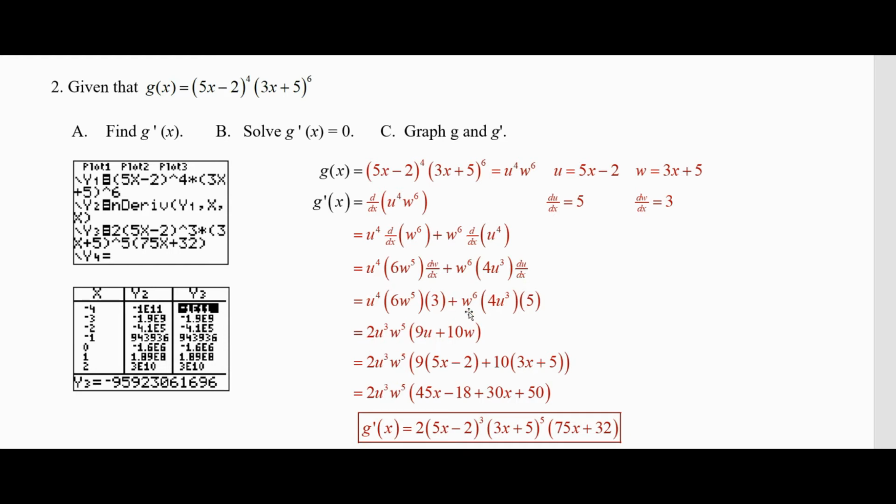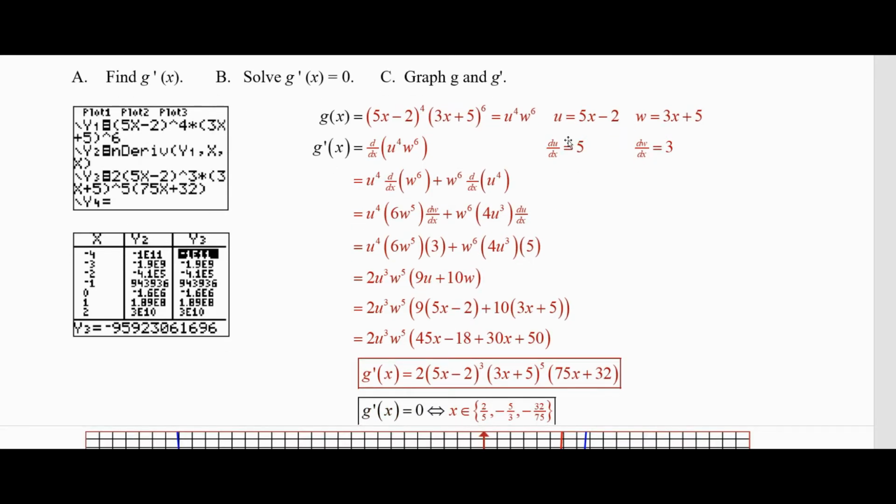Plus, divide this one by that. 4 divided by 2 is 2, times the 5 is 10. This time the u's cancel out, and there's 1 w left over when I divide w to the sixth by w to the fifth. Substituting back in, u is 5x minus 2 here, and w is 3x plus 5 here. I distribute and get 45x minus 18 plus 30x plus 50. Combining like terms there,